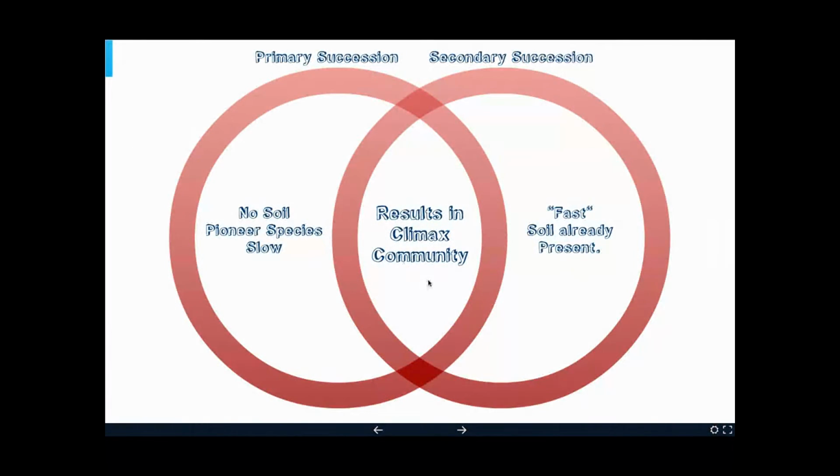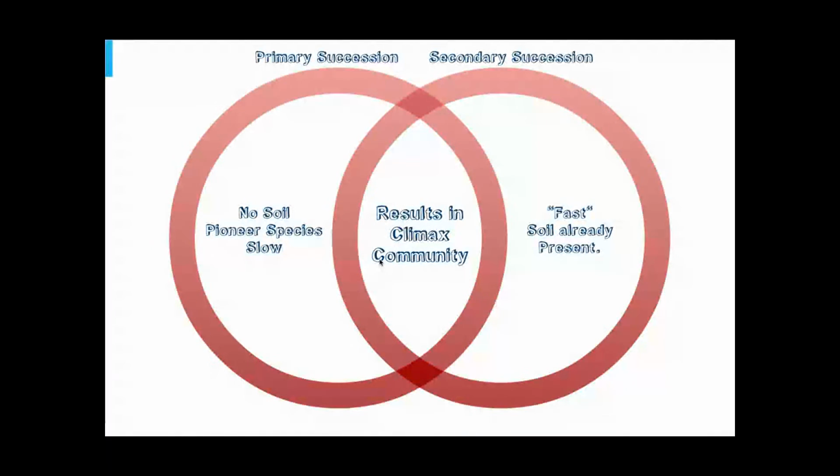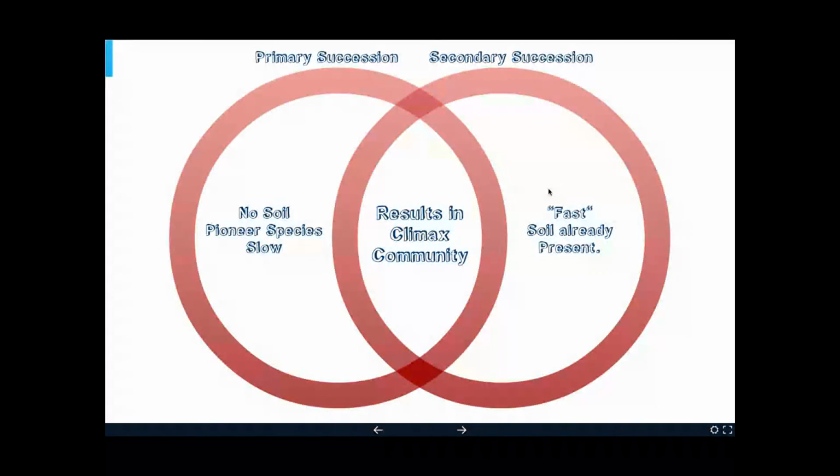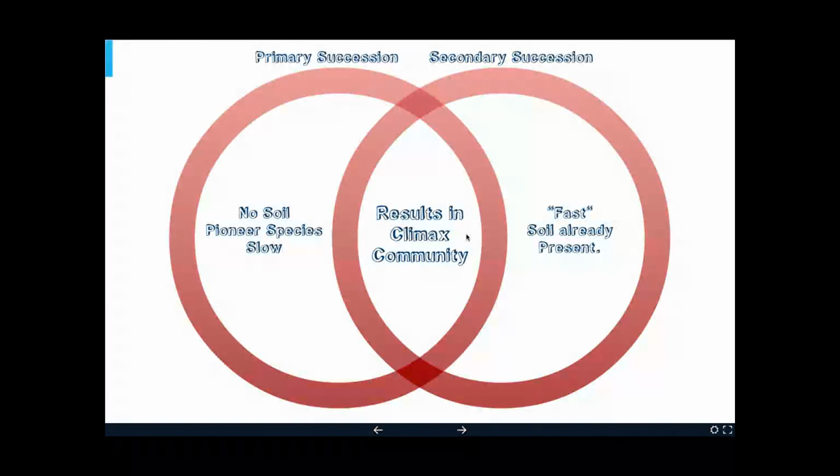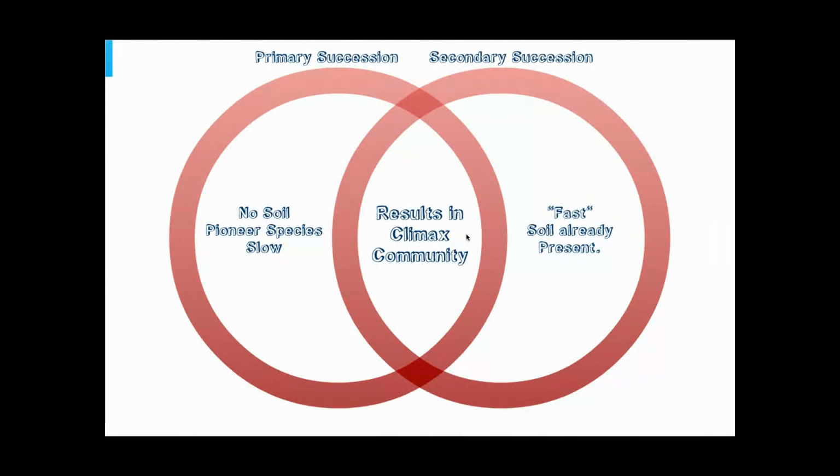Your community, the ecosystem that grows there, whether it's a rainforest or a jungle, is controlled by the climate. So if I went into a local forest here and I cut it down, I burned it down, and I let it regrow through secondary succession, it's not going to turn into something different. It's not going to grow up this time and be a desert, or grow up this time and be a rainforest. It'll grow into the exact same forest that it was before. It'll just take time as it has to regrow, but it'll have the same types of plants because those are all controlled by the climate. It'll grow back into the same exact ecosystem.